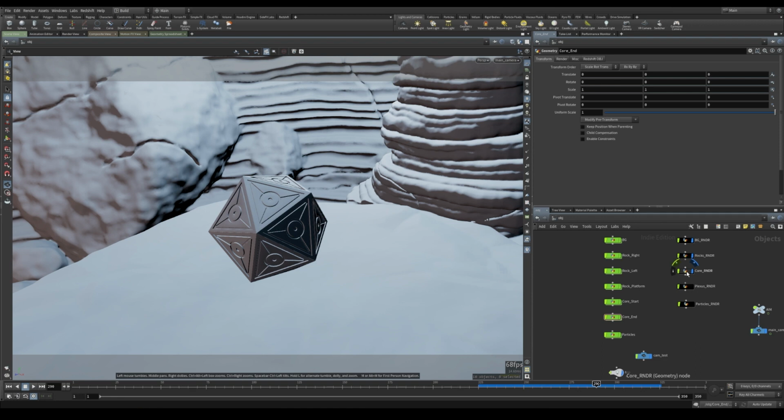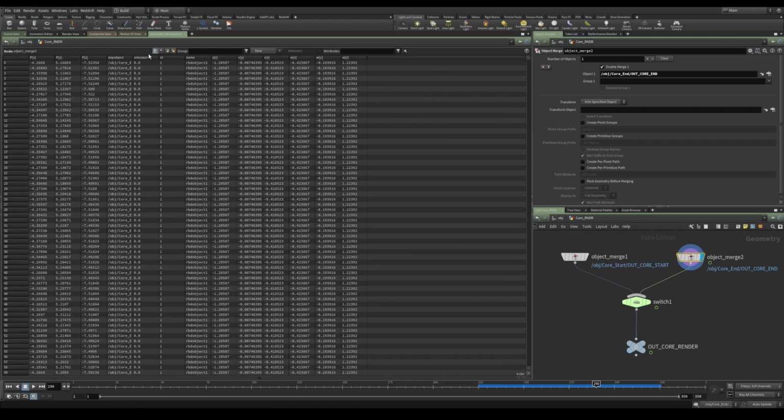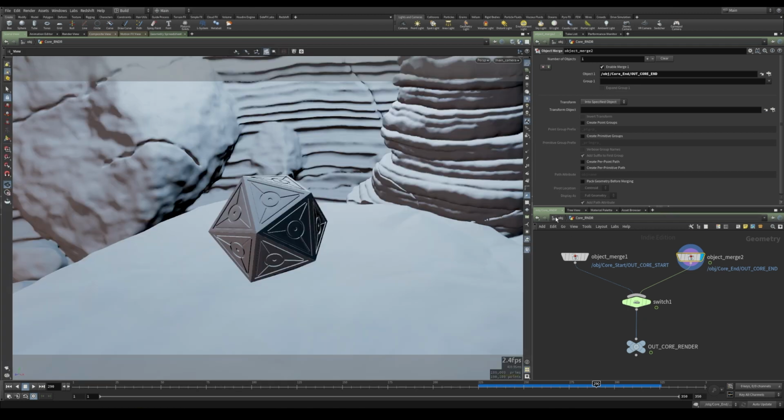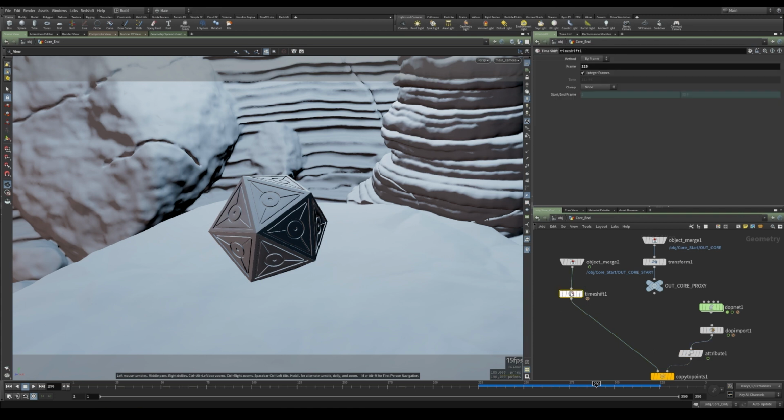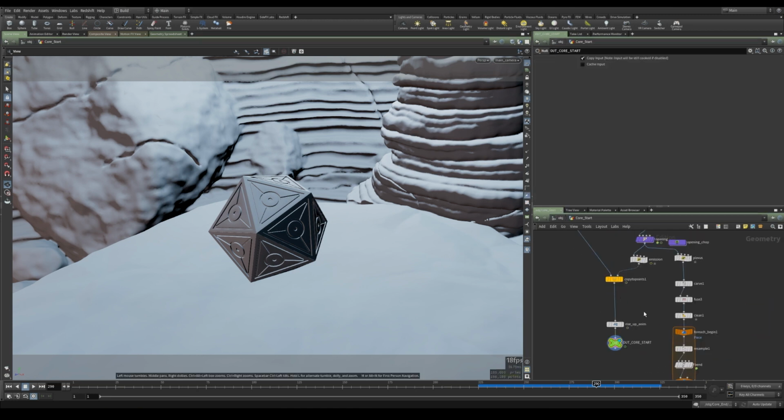Now, if we go in the core render geometry, this is what we are seeing right now. And if you go on the geometry spreadsheet, even if we set the emission to be 1 on this frame, we have an emission of 0. And the problem is caused by this time shift, because here we tell the geometry to always reference frame 225, which has an emission value of 0. So what we need to do is delete this time shift,